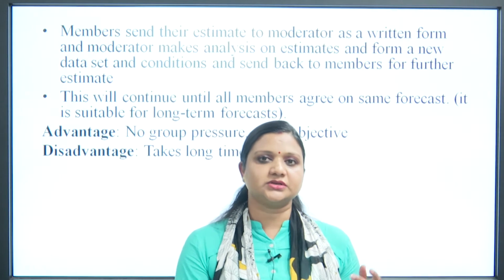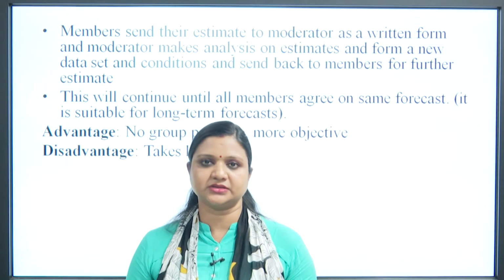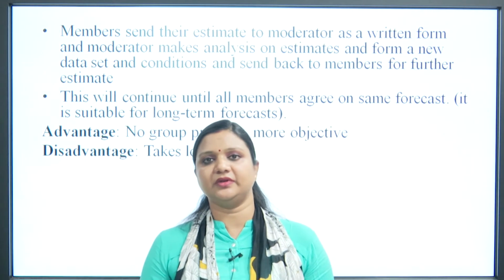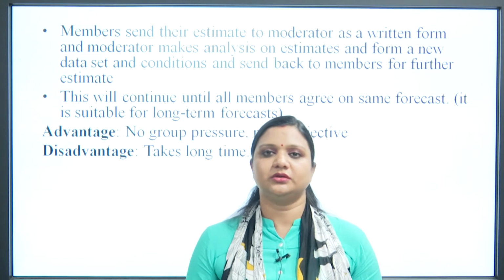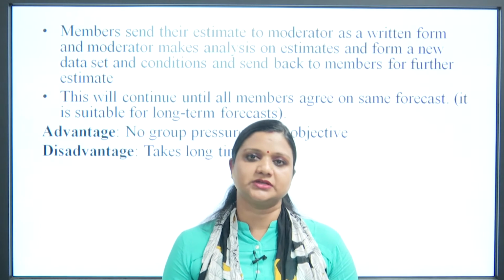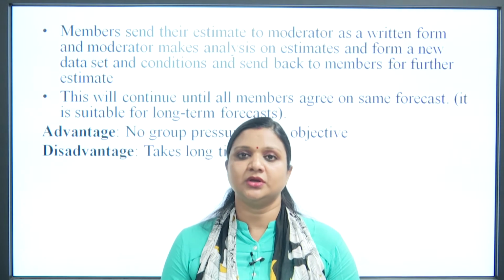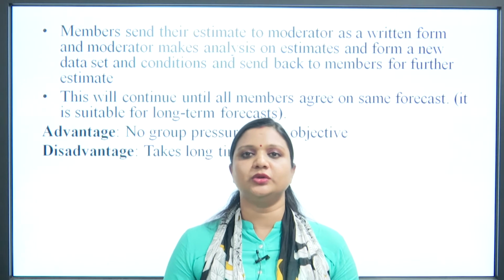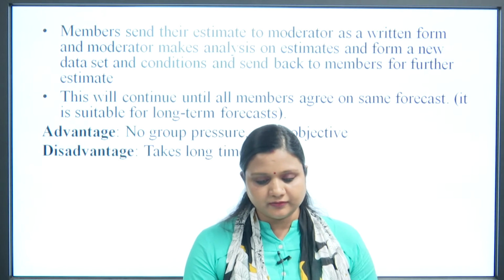So, these are the qualitative methods. As discussed earlier, qualitative methods are used when historical data is very limited, and they are based on the expertise and judgment of different persons related to the concerned field. Now, moving forward,